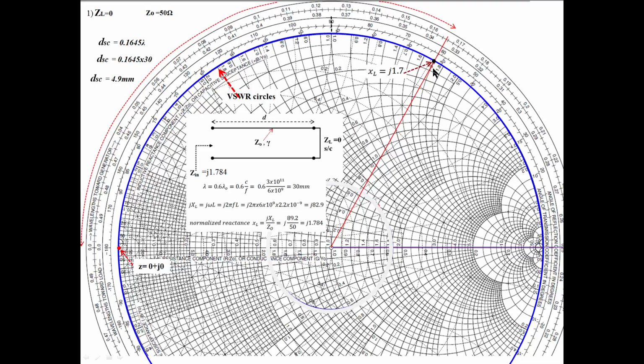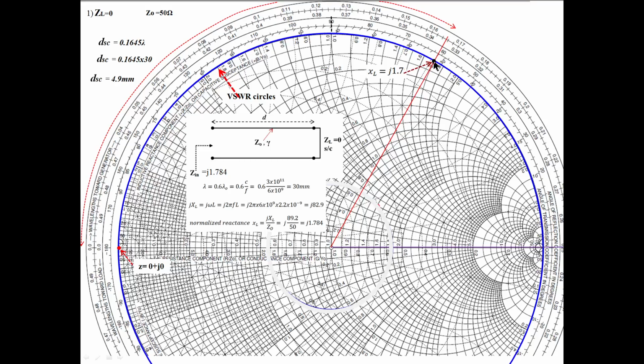Actually, some value is written here. This is not for that reactance circle, it is for the susceptance circle. Something like 0.9 is written here, it is not for reactance. The reactance circles are this 1.8 and this 1.6, so this one is 1.7. So the reactance value is 1.7 here. I want 1.78, which approximately comes here only, I marked it here.